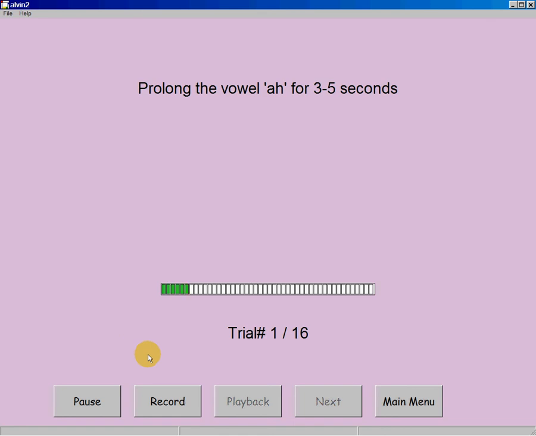Once you give the instructions to the client, you can then very easily start and stop the recording using the record button. You don't have to use any clicking, you just simply have to place your mouse arrow or cursor over the button. It'll turn red, and that's when recording commences. When you take the mouse cursor off the record button, it will stop recording. So for example,